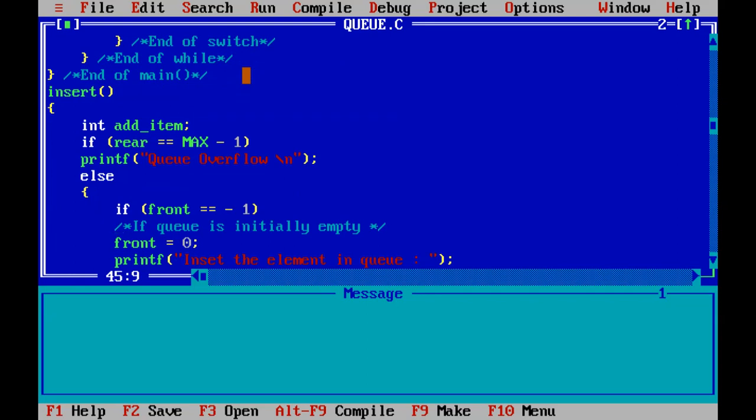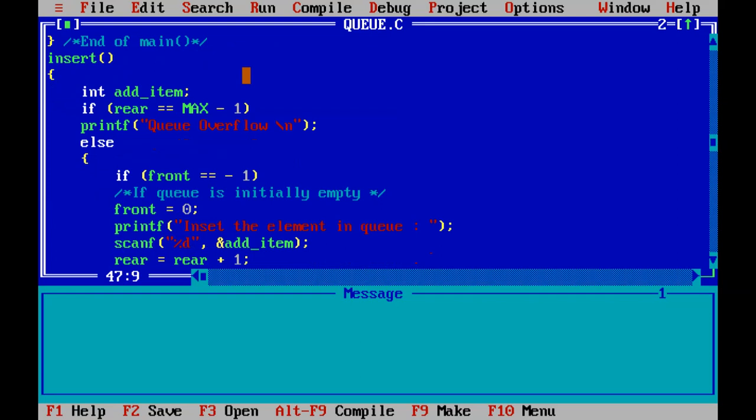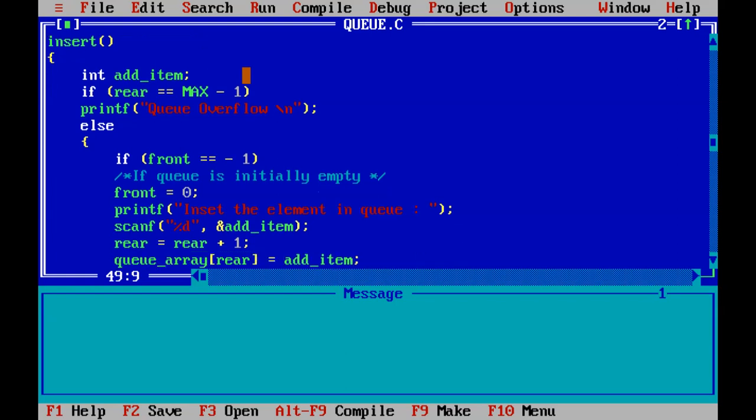So after that, if it takes the front equal to minus 1, then it will make front to 0 and ask the user to enter element in the queue, and it accepts the value. Okay, and make the rear to rear plus 1, means first time the rear is minus 1 and it will be 0. After that, it will store the element in Q array, means in the array 0th position.